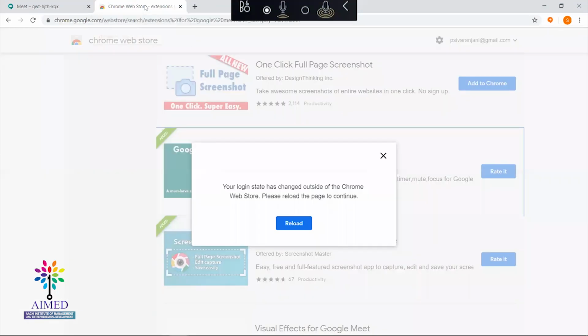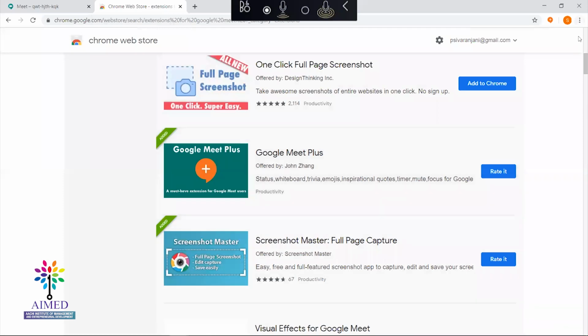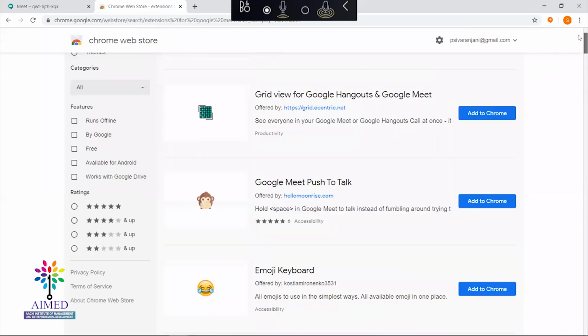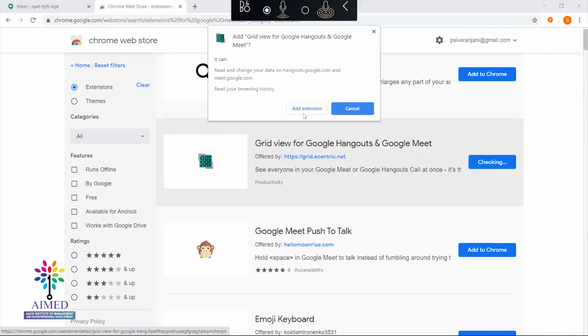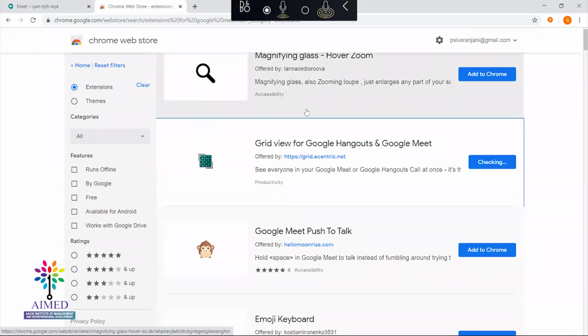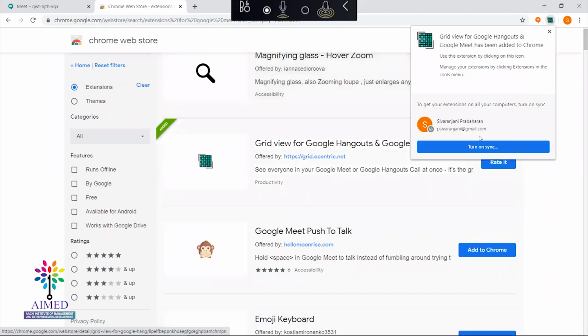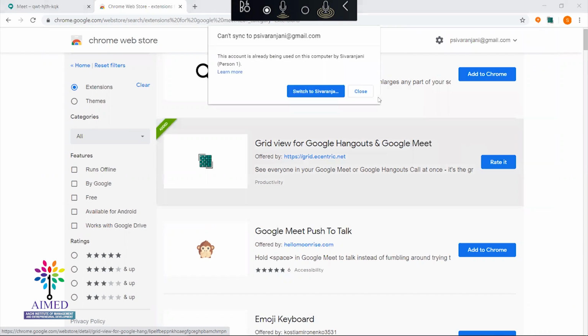So next we'll move on to Google Grid View for Google Hangouts and Google Meet. If you add this, it will ask if you want to add an extension, I have given. And this is also asking me to turn on sync. So once it is done,